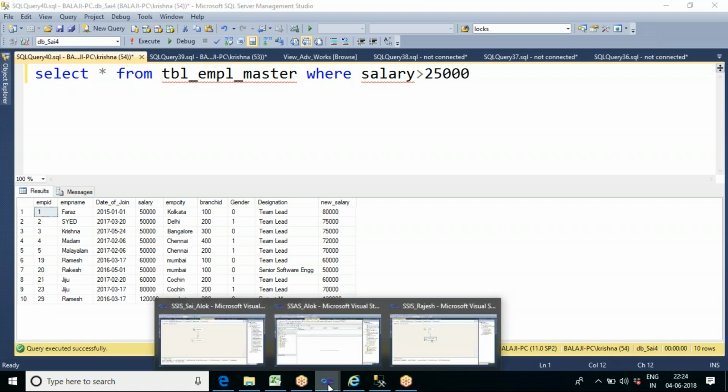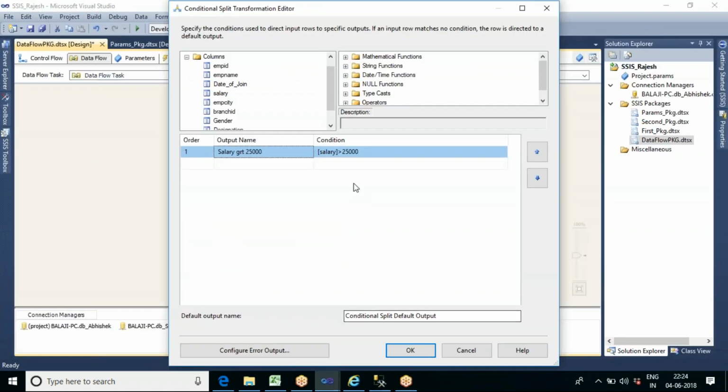In SSIS, the records which satisfy the condition, that is 10 records, will go into this pipeline. The remaining 8 records will come into this default output.